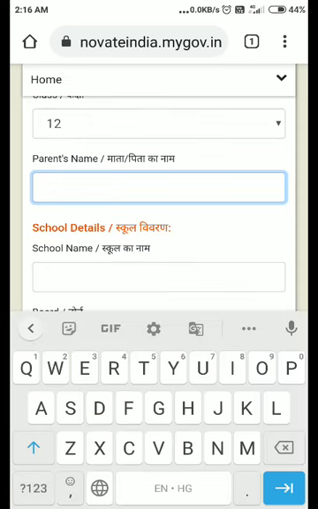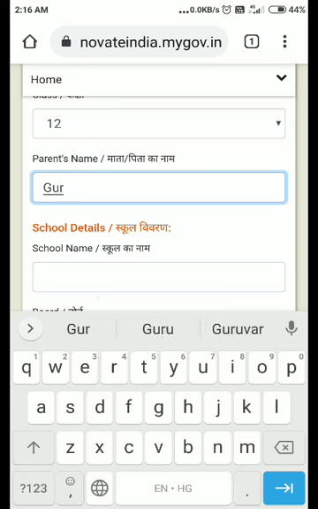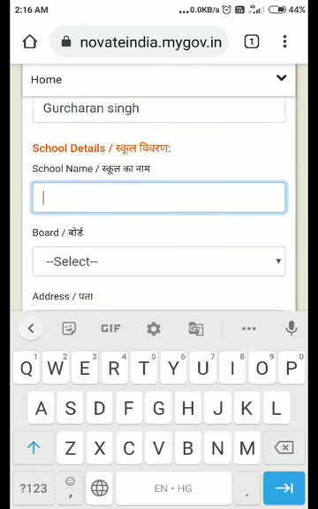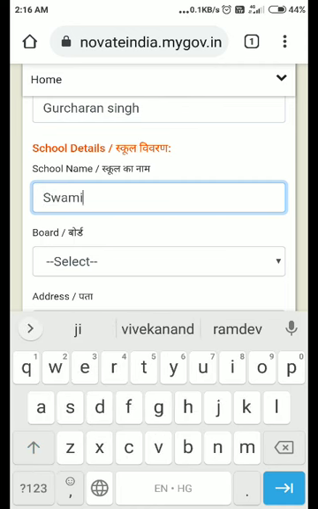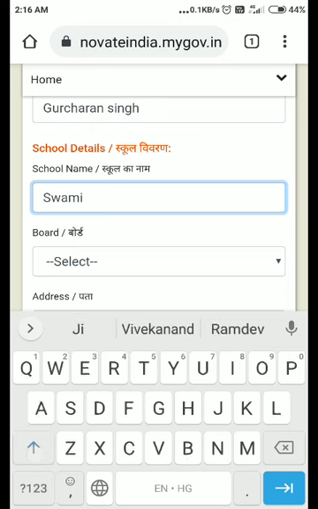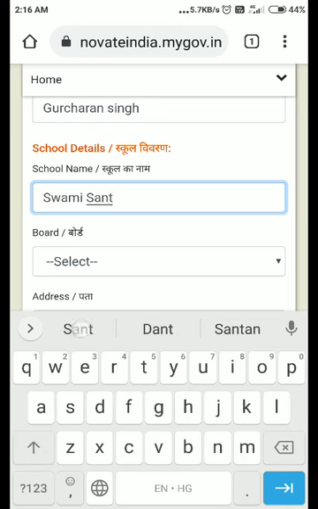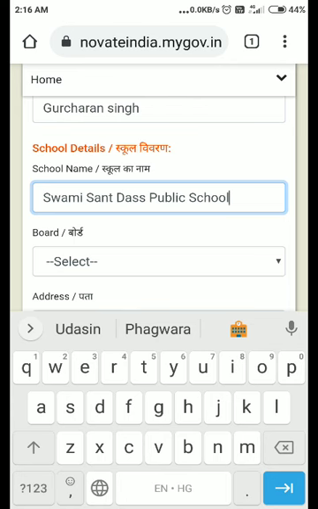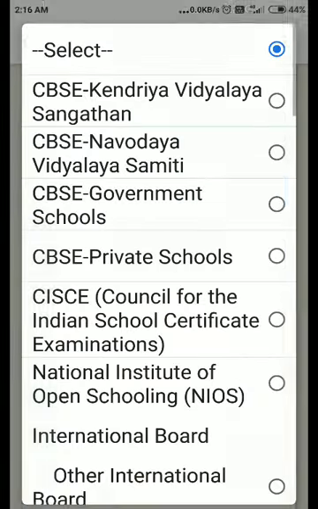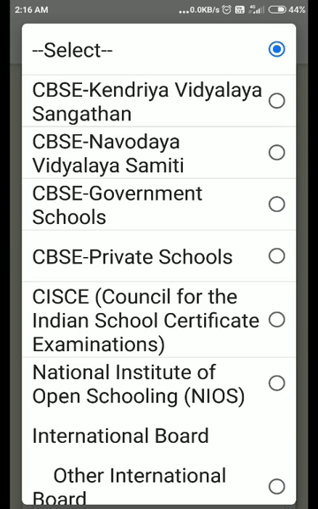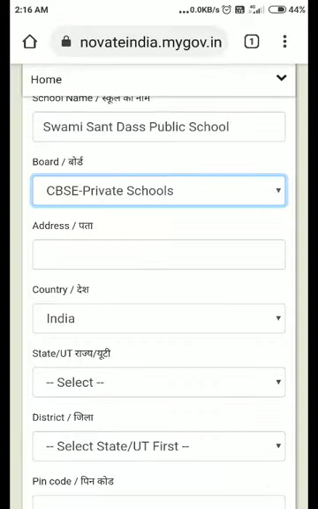Here in parent's name, for example, we have mentioned the name of the parent, that is Gurcharan Singh. After that, we display the name of our school, that is Swami Sant Das Public School. Now in board we are supposed to select CBSE private schools here.